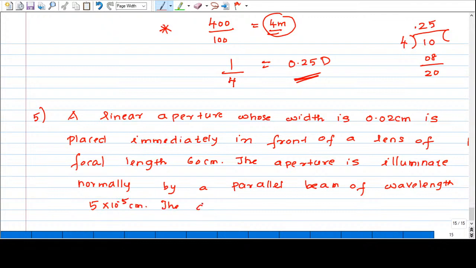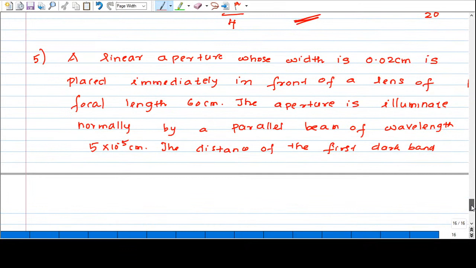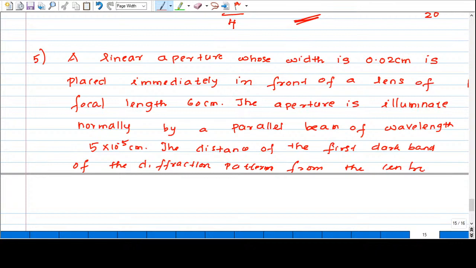The distance of the first dark band of the diffraction pattern from the center of the screen is